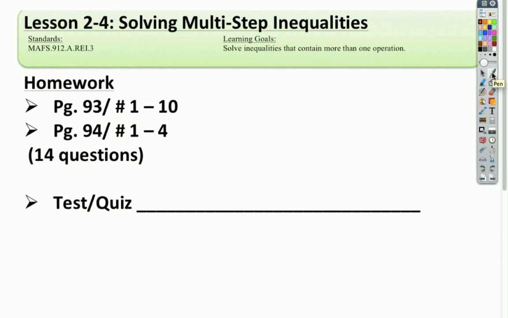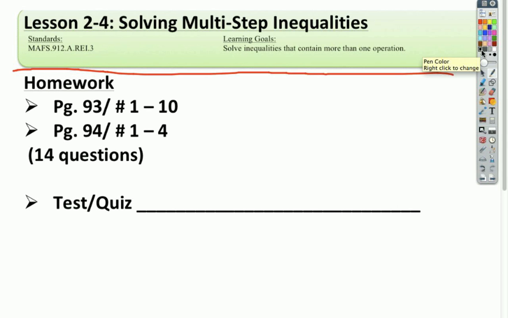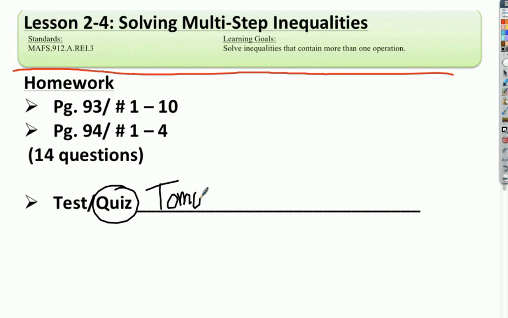Your homework is page 93, numbers 1 through 10, and page 94, numbers 1 through 4. That's a total of 14 questions. And you have a quiz tomorrow and that will be 2-1 to 2-3. So it will not include today's lesson. It includes